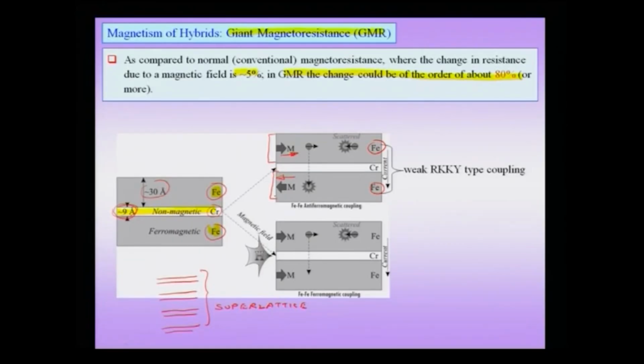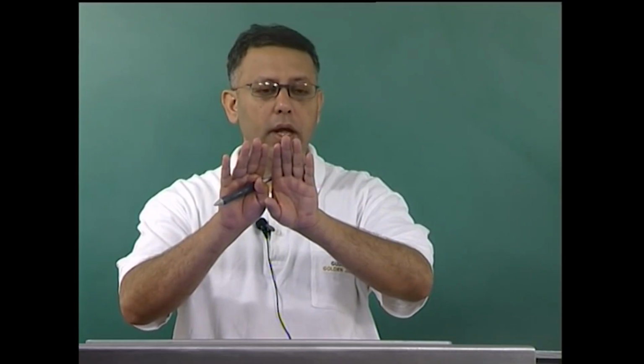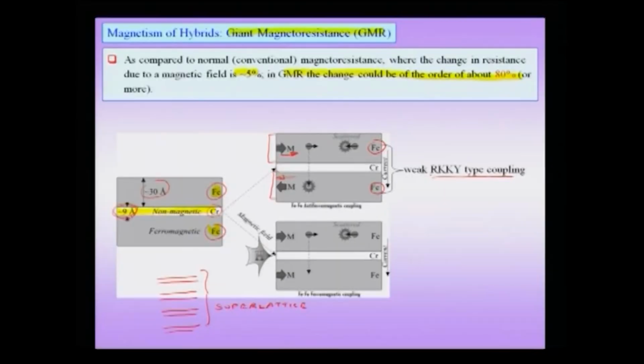This anti-ferromagnetic coupling is a weak coupling coming from a phenomenon known as RKKY type of coupling, and in RKKY coupling, depending on the distance between the two ferromagnetic layers, the coupling can either be ferromagnetic or anti-ferromagnetic. That means, if my two layers are joined together, then it will be ferromagnetic coupling. At a certain distance, it will become anti-ferromagnetic coupling. At a certain larger distance, it will become ferromagnetic again. That means, there is an oscillatory coupling between these two layers, and this is called RKKY coupling, coming from authors whose names start with Ruderman and Kittel.